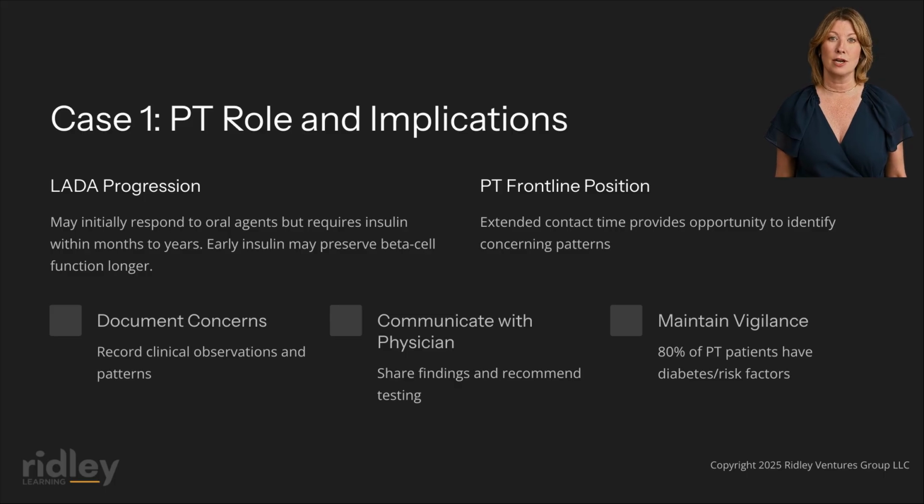Physical therapists are frontline healthcare professionals who often have extended contact time with patients and opportunity to identify concerning clinical patterns. In this case, the physical therapist's systematic review of medical history, observation of clinical features such as lean body habitus, absence of acanthosis nigricans, and presence of vitiligo, and attentive listening to patient-reported symptoms revealed a clinical picture inconsistent with